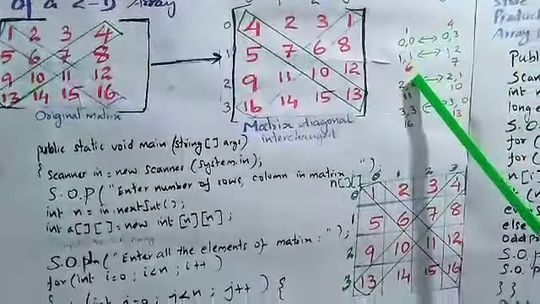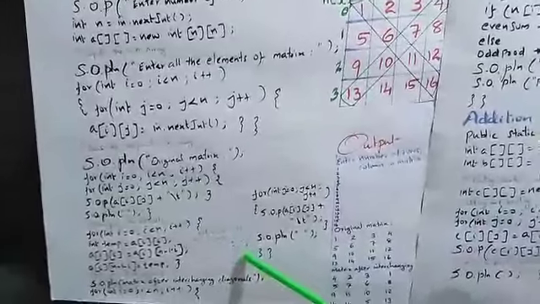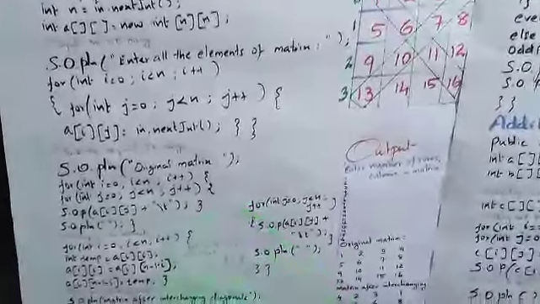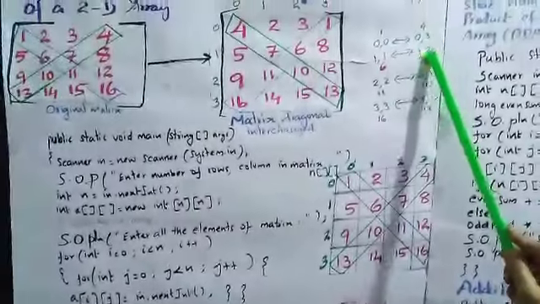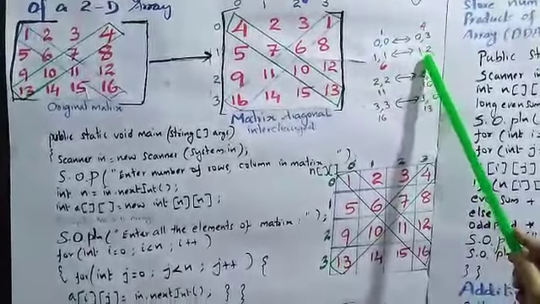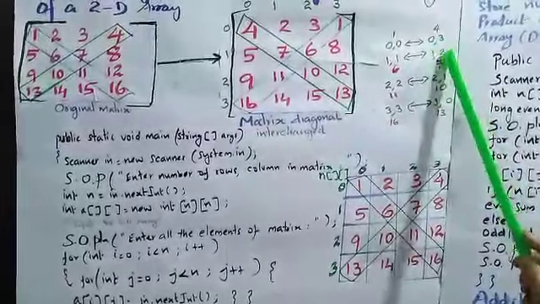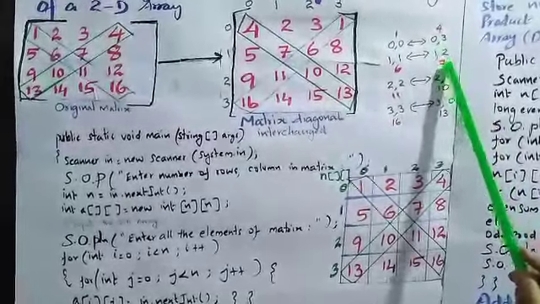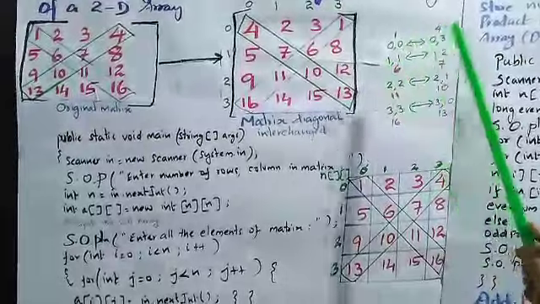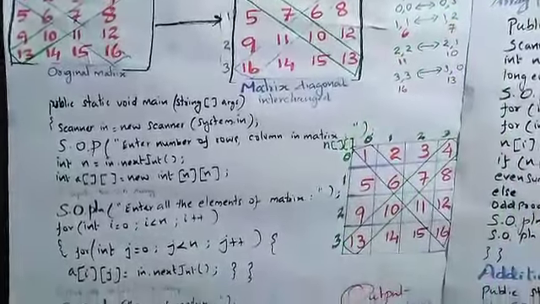Likewise you have to do the second part. Now what was that? 4 minus 1 minus 1. So what will it give you? 2. Now 1 2. This was 1 2. 1 2 means a of i, n minus 1 minus i. So what will it give you? 2. So 1 2. What was the 7? The 7 will come here and 6 will come here. So in this way you have to swap all the elements.